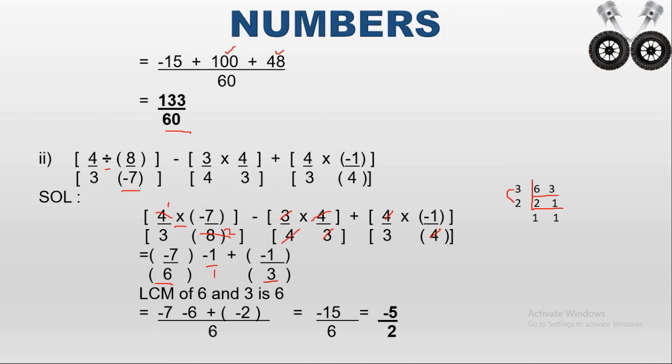So here all the numerators have the same sign, that is minus 7 minus 6 plus into minus, it will become minus 2. So if the numerators have the same sign, then we can add them all together. So minus 7 minus 6, that is a minus 13. Minus 13 minus 2 is a minus 15 by 6. So 15 and 6 have the common factor 3. So 2 3s are 6 and 5 3s are 15. So the answer is minus 5 by 2.